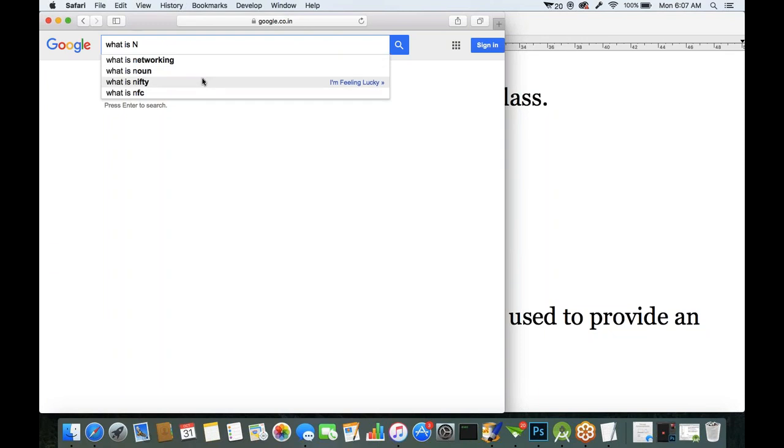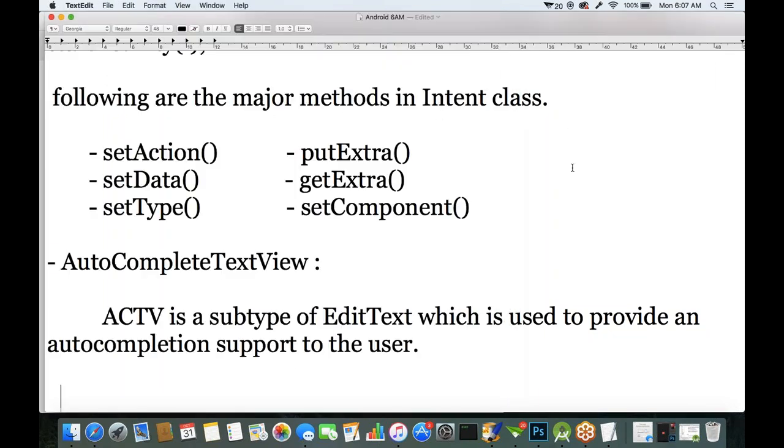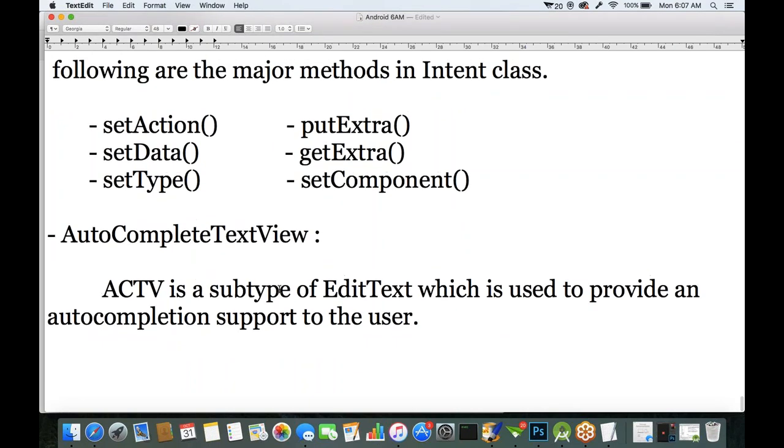So here also, in an Android application, if you have a requirement of providing an auto-completion support while the user is typing,